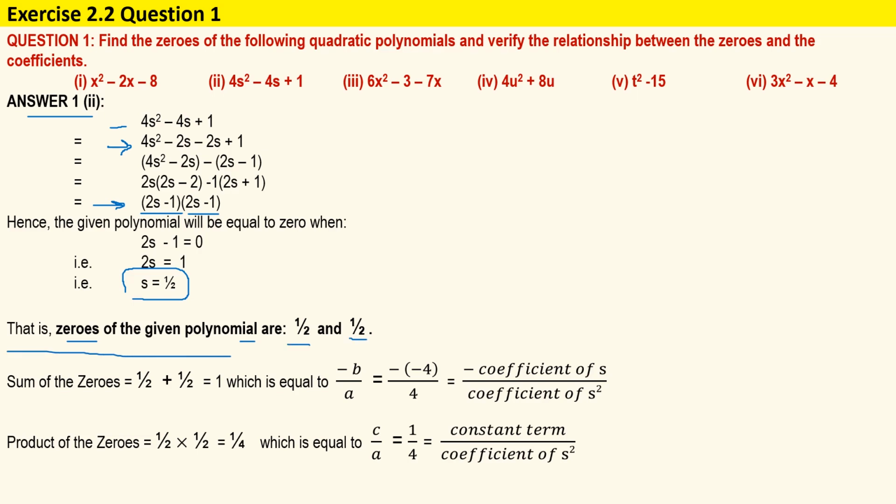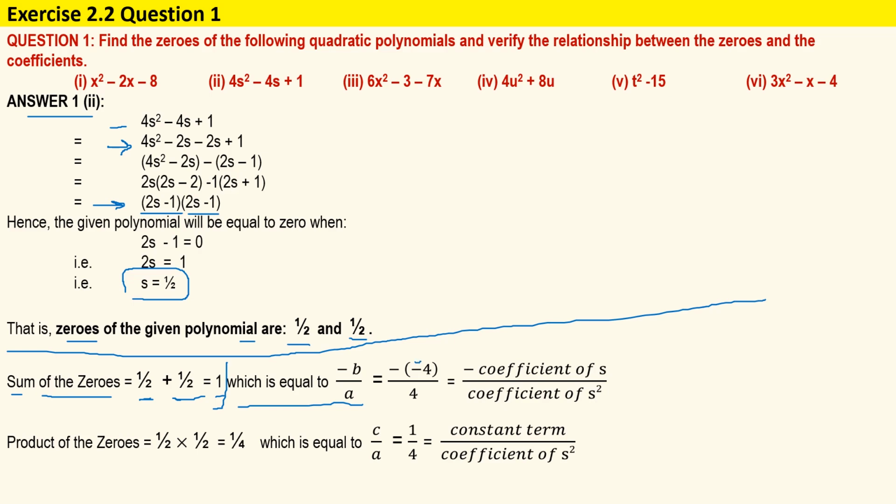So we have found the two zeros of the given polynomial. Now let's start the verification process. The sum of the zeros is 1 by 2 plus 1 by 2, which is equal to 1. This is what we have gotten because we found the two zeros to be 1 by 2 and 1 by 2. Now this sum, or this 1, is indeed equal to minus b by a, because minus b by a